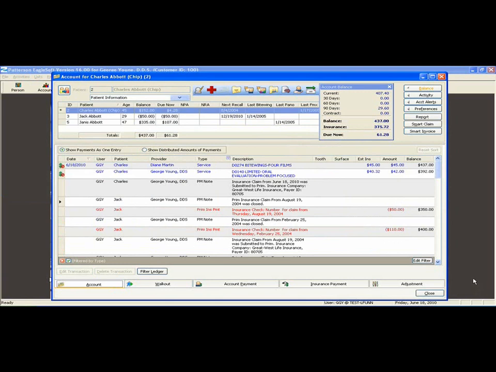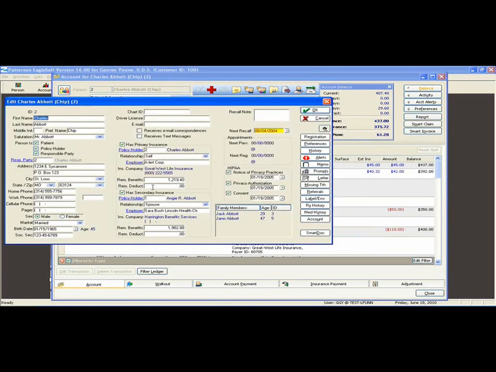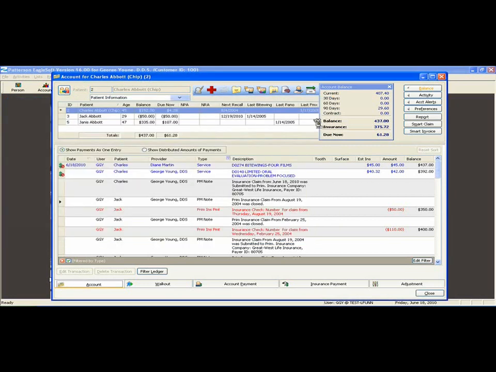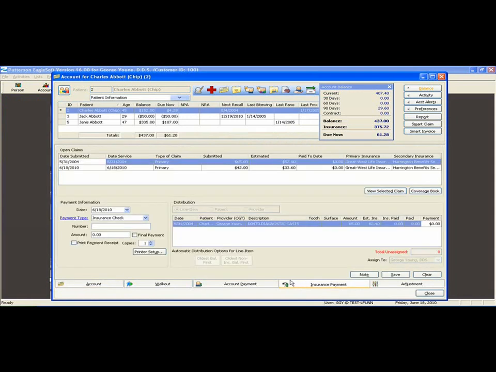The next option we will review today is creating a claim for secondary insurance. There are two items to consider when creating a secondary insurance claim. Was the secondary insurance attached to the patient at the time of the walkout? And when the patient came in for their services, did you have the correct insurance listed? If the secondary insurance is attached at the time of the walkout, the secondary claim will automatically be created once